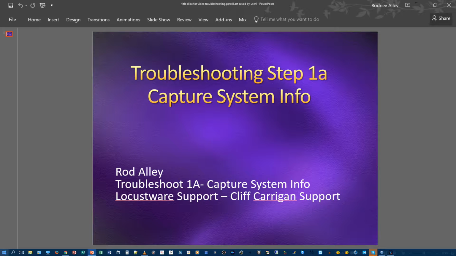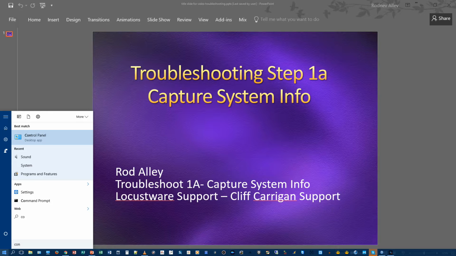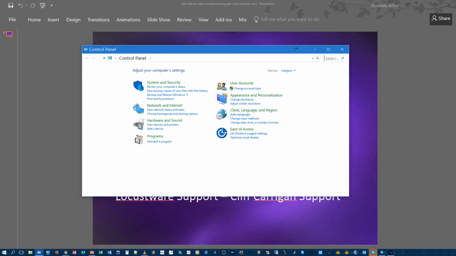So we start by going to the Start button, which works for Windows 7 and Windows 10. Windows 8 is a little bit different, but you can still find the Start button. You click on the Start button and just start to type. You're going to type the word Control Panel. As I start to type it, it will come up under Best Match. I click on it, and typically,